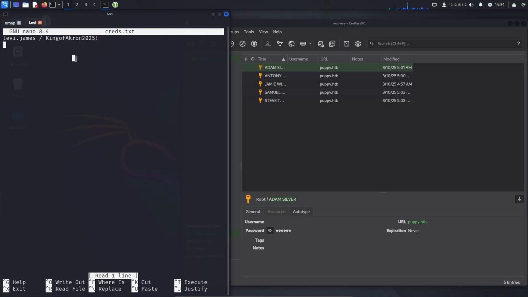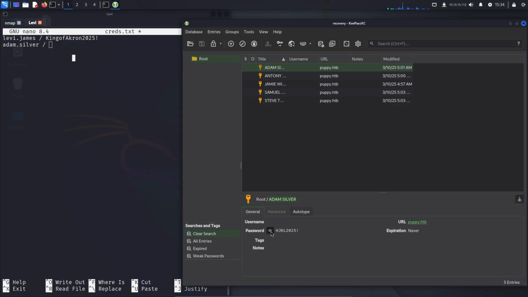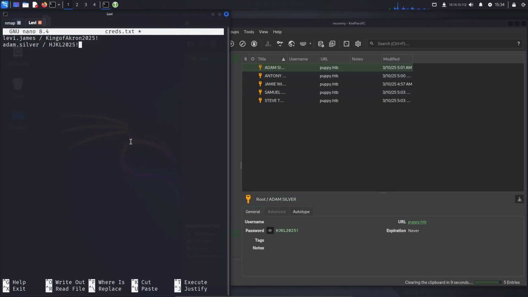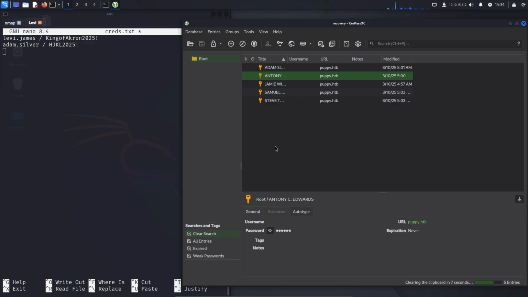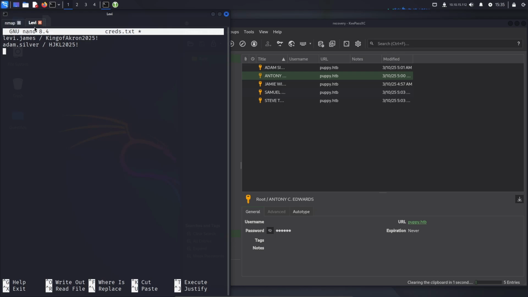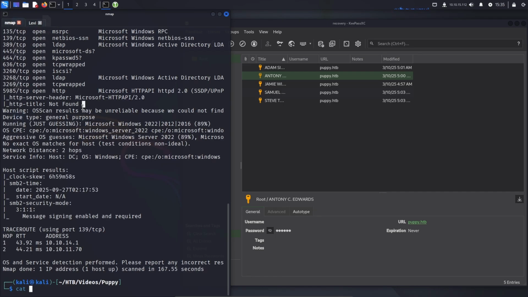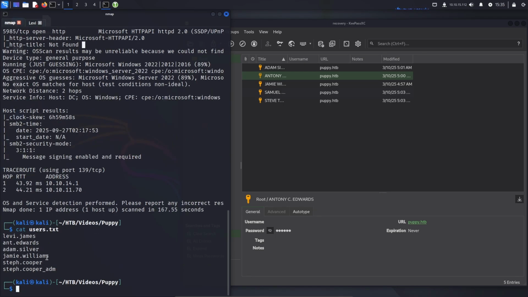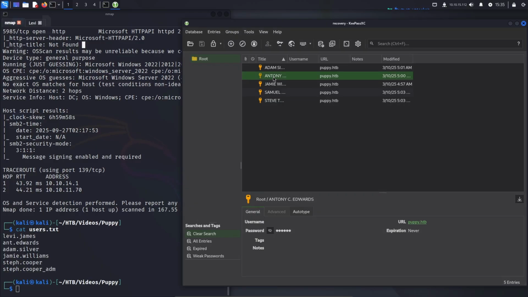So adam.silver, and his password is HJKL2025. Okay. Our next user is going to be Anthony Edwards, but I think a key actually goes under a different user. So if I go back here and cat users.txt. Yeah, let's see who all we have here. So we have Anthony Edwards, who goes under ant.edwards, Jamie Williams, okay, Adam Silver,